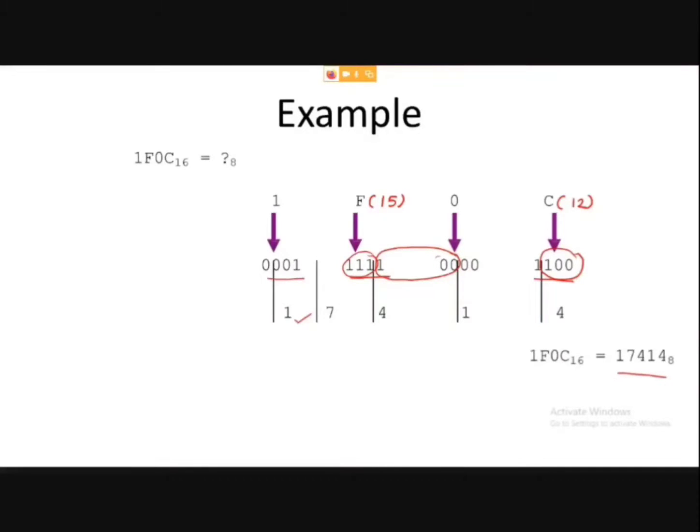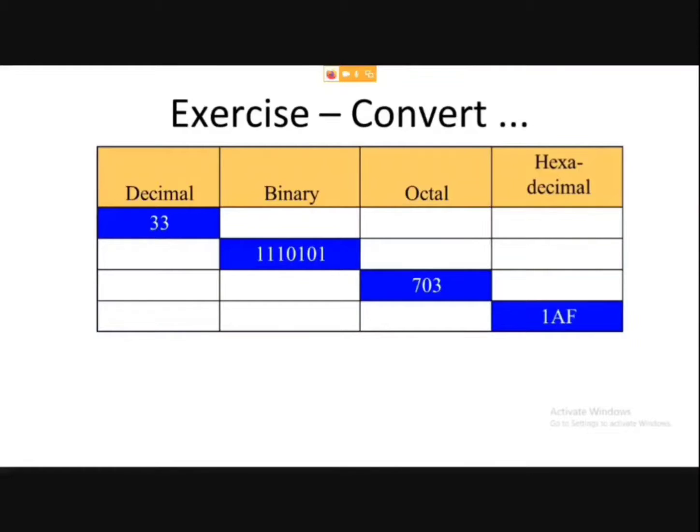Okay, so this is given as an exercise to you. You can convert this 1333 into binary, octal and hexadecimal, and binary 111001 into the rest of the three. Similarly, 703 octal can be converted into decimal, binary and hexadecimal. This is left as an exercise, and the answers will be posted in the full slides which are being uploaded on the Google Classroom. You can check it from there and match your answers with the content on the Google Classroom.